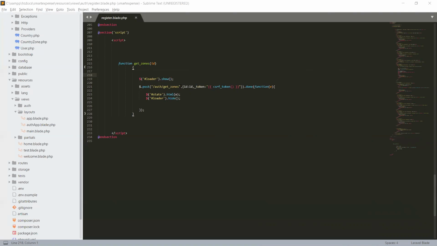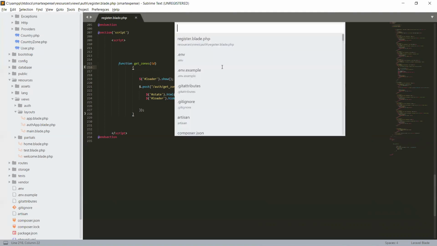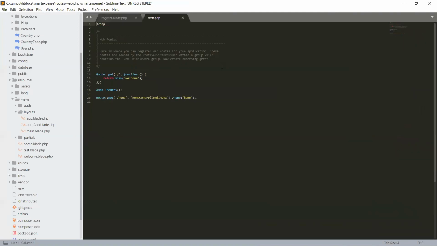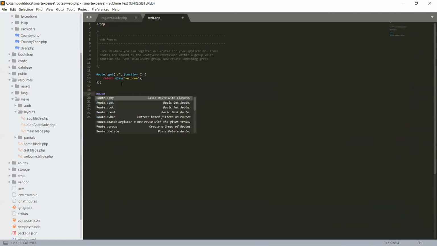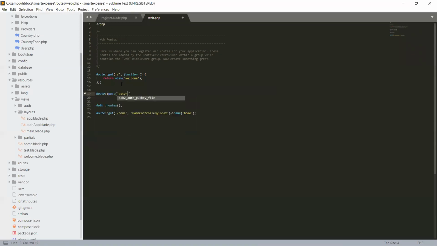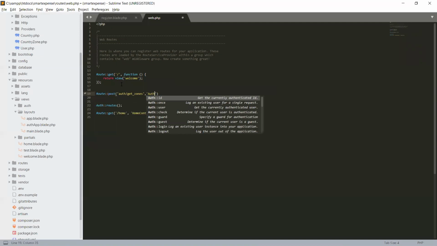So let's quickly go to our web.php, and okay, route post, and we are using auth get zones, and it goes to auth.